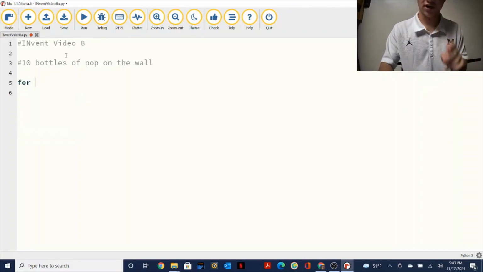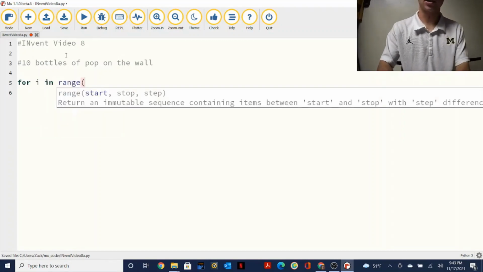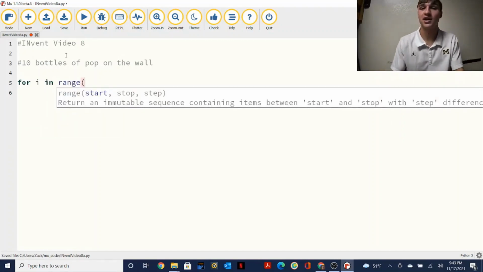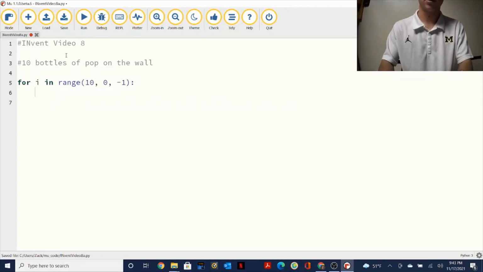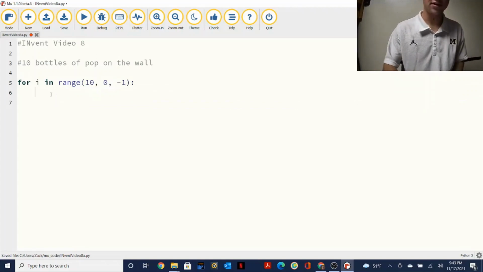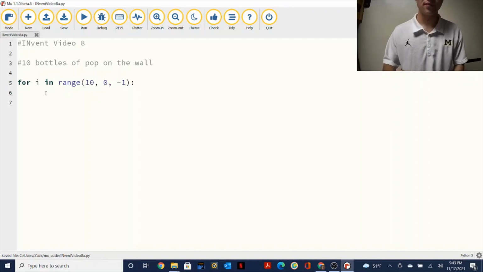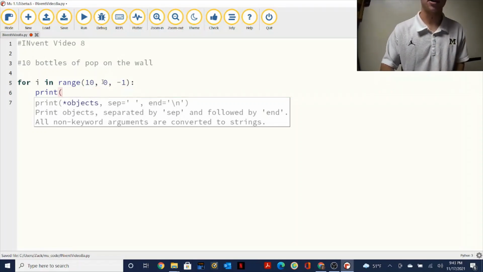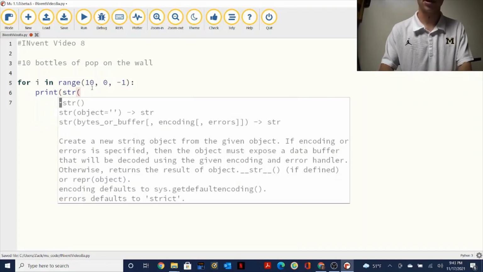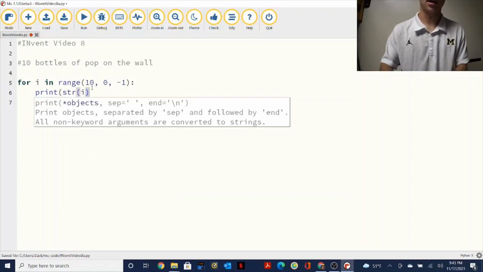So I'm going to go for i in range, and I'm going to make use of the start, stop, step by starting at 10, because we want to start with 10 and keep going down, and end at 0, and go step -1, and then a colon to make sure it's indented, and then we're going to use a series of print statements. Since these are all going to be numbers, we're going to have to cast them as strings. So string i